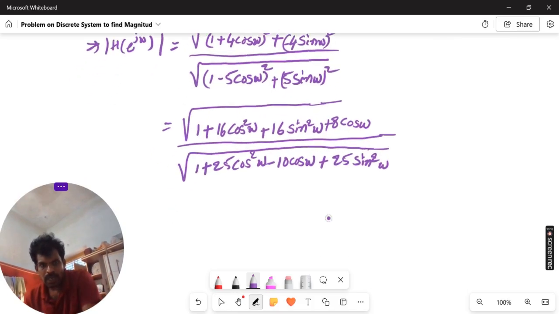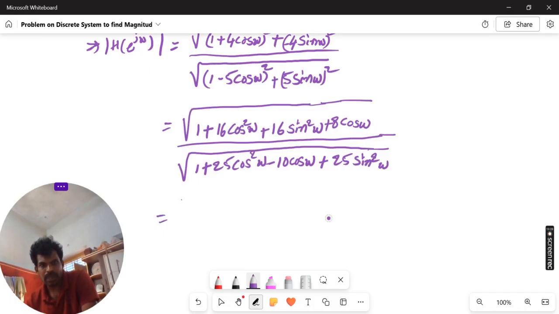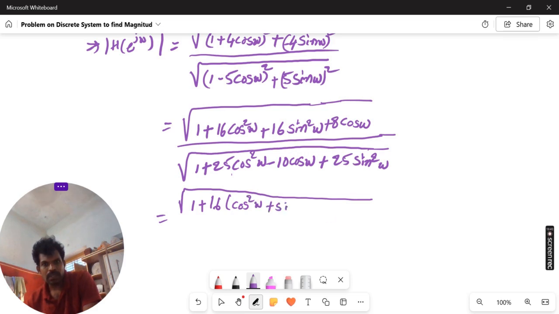Okay, in the numerator part, let us take 16 as common. By taking 16 as common, what we will get? And in the denominator part, we are going to take common 25 from this term and this term. So by taking common 16 in the numerator part, 1 plus 16 of cos square omega plus sin square omega